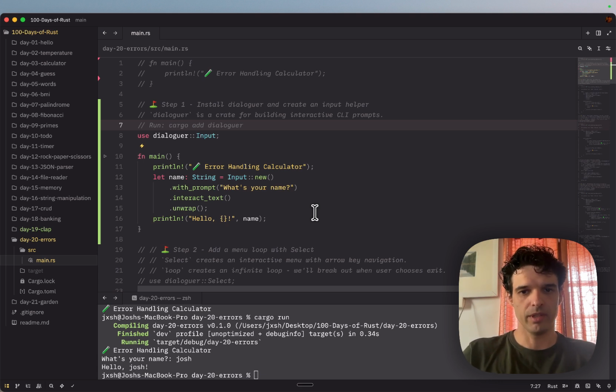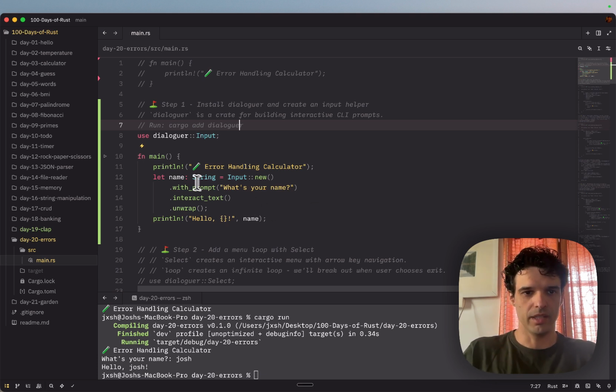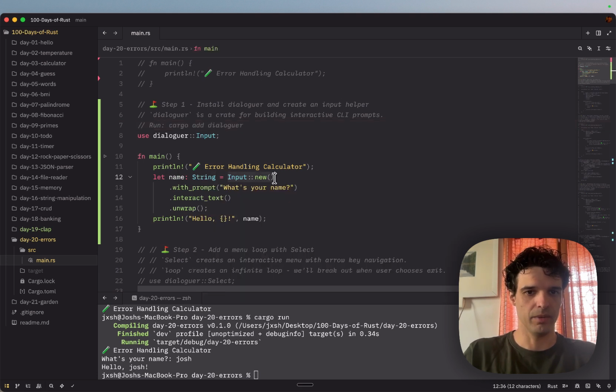And it basically replaces the input function that we have been creating in previous tutorials. So instead of going input function and then taking the args and then indexing on the args and then flushing out the argument, now we just say let name be of type String, and I want the input, which is